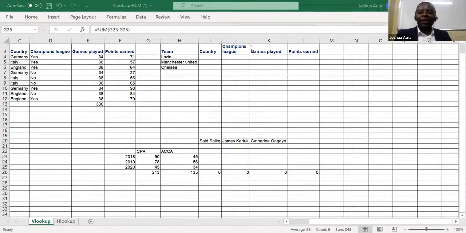Now, ladies and gentlemen, for my case, there is something that I would want you to be appreciating throughout. There is something that I would want you to be knowing there, right? That once I've gotten this particular 213, the only thing that I need to do is to come here,